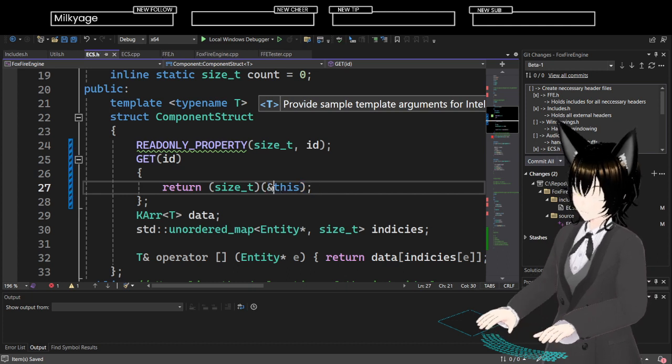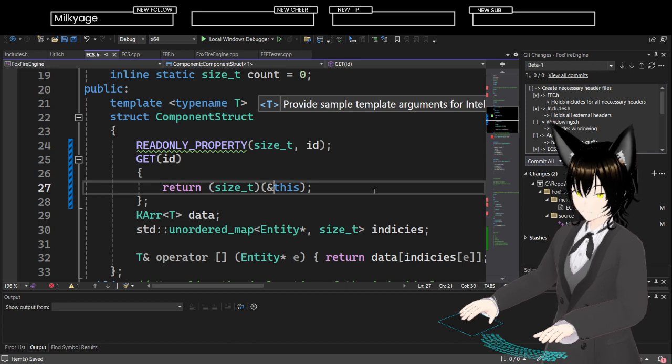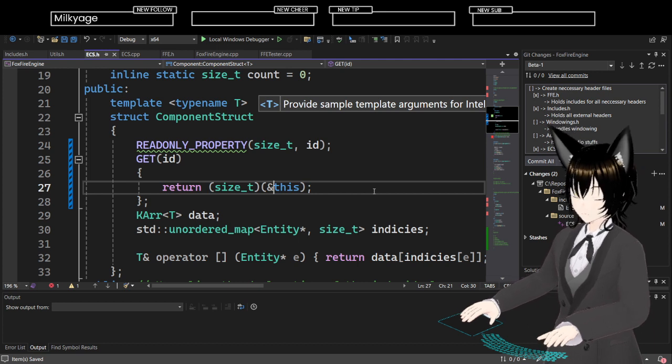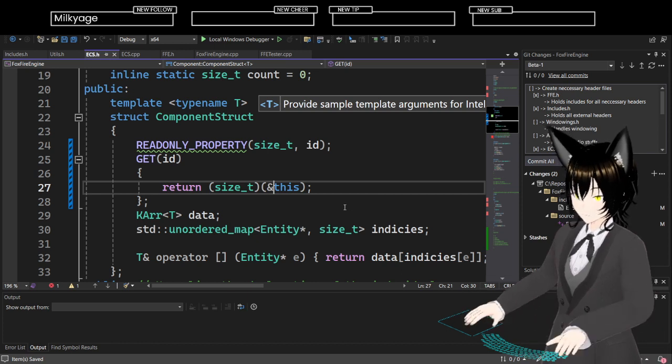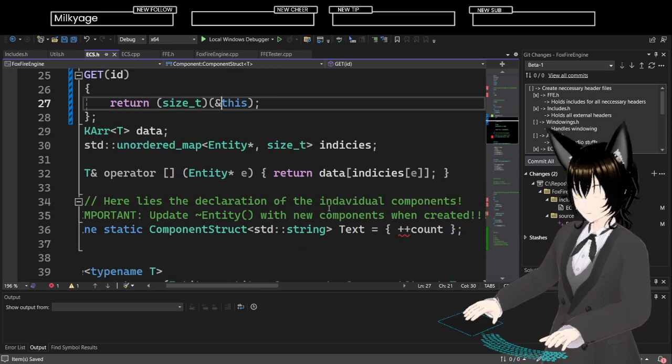You're not dereferencing it, what you're doing is you're casting the pointer as an unsigned integer. Right.